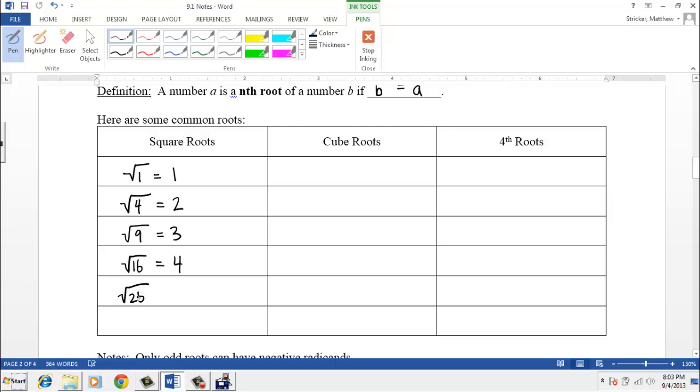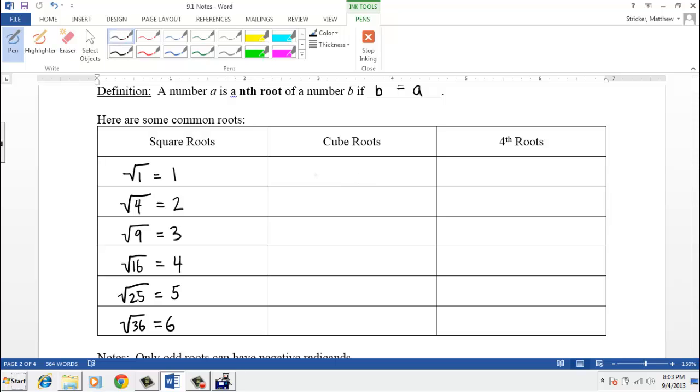Square root of 25 is 5. And then the square root of 36 is equal to 6. Those should hopefully be familiar to you. Notice if you go down the line on the right hand side here, 6 squared is 36, 5 squared is 25, and so on. And we're going to have the same thing then for